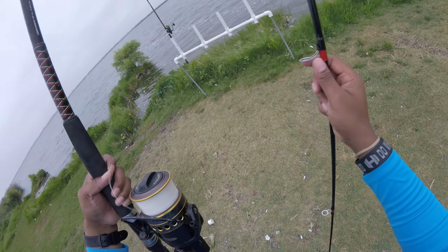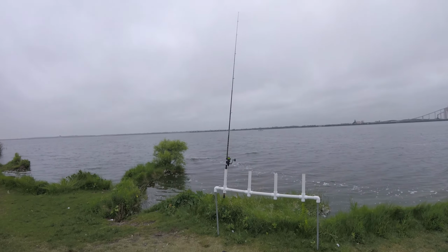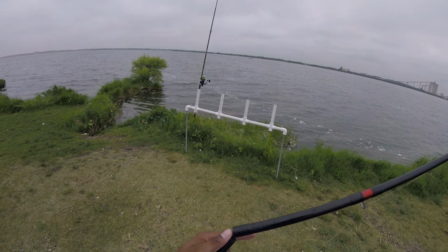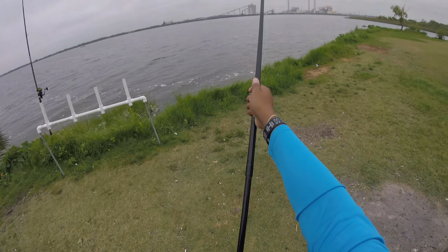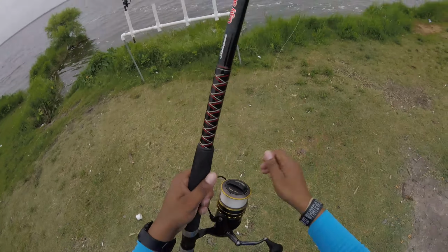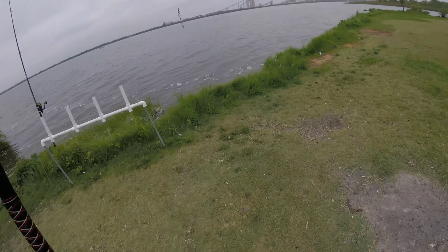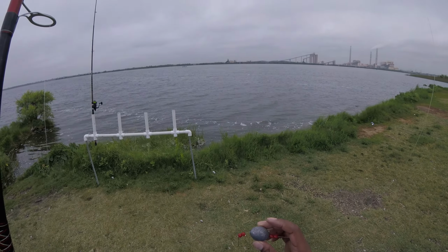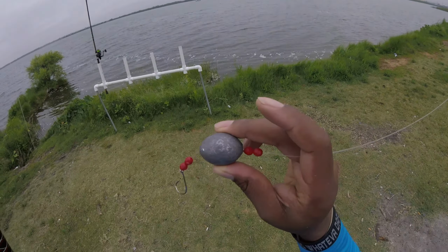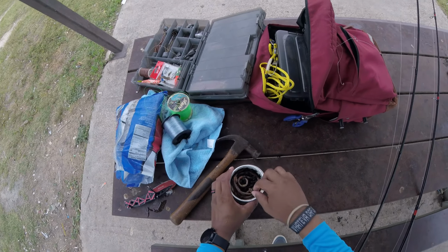I got my Penn Battle 2 8000 series, and I have it paired up with a Big Water Ugly Stick. I love my Ugly Stick, so had to get an Ugly Stick for that. Like I said, Ugly Stick, Big Water. Big, but because I want it to stay, got a simple Carolina rig or slider rig. It's on a 6-ounce egg slider. Let's try this out. Actually, I'm gonna put a worm on it. Put a worm on there, see how that does. And